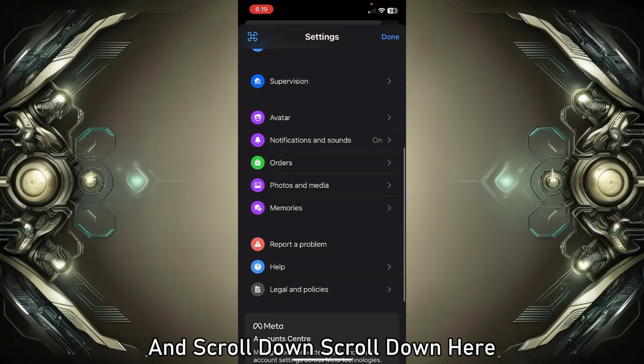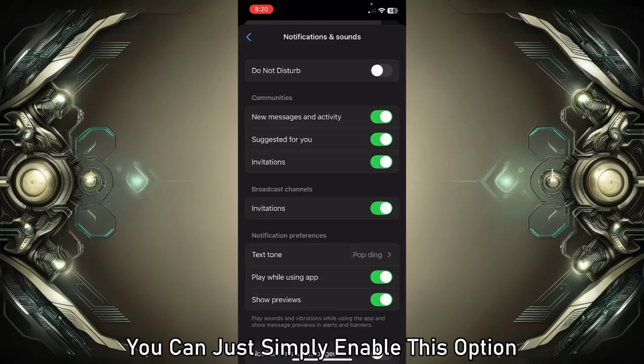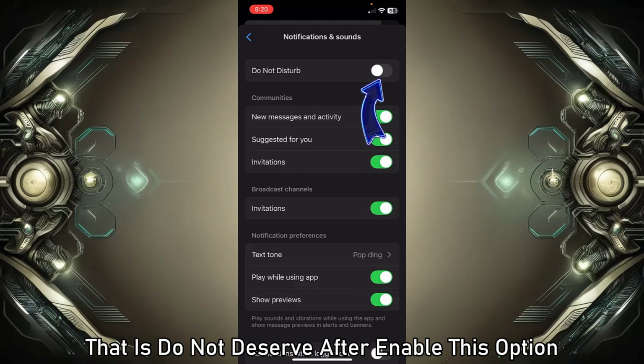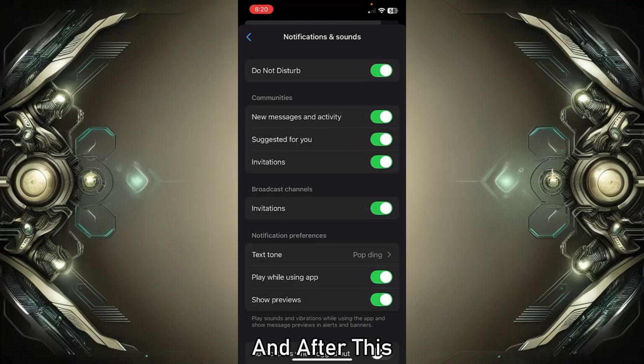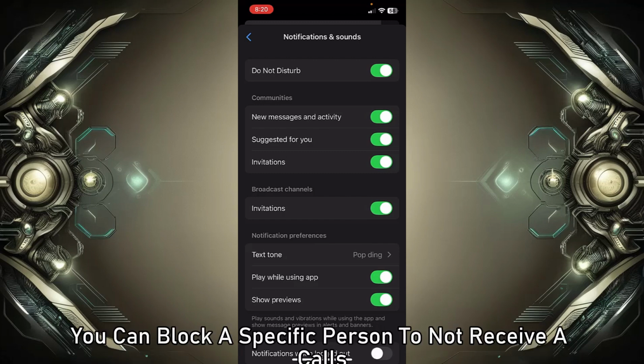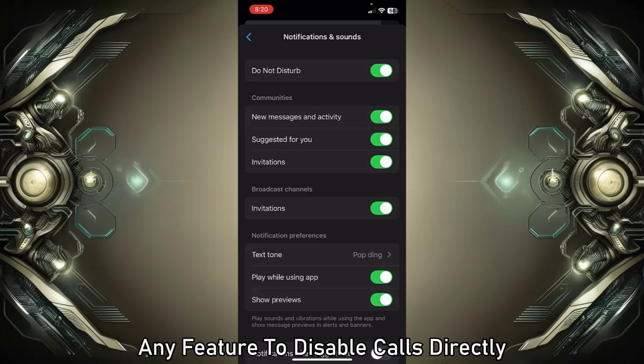scroll down here, and you can go to Notifications and Sounds. You can just simply enable this option, that is Do Not Disturb. After enabling this option, you can disable calls so that you can take some rest, and after this you can block a specific person so you do not receive calls, because the Messenger app does not provide any feature to disable calls